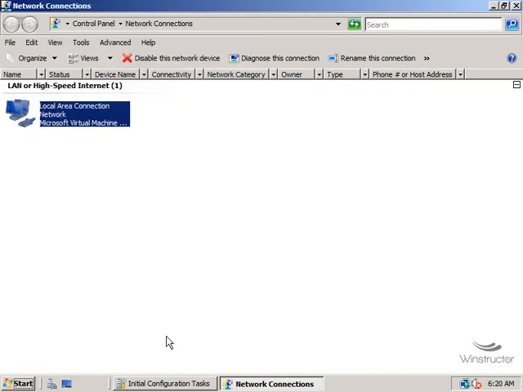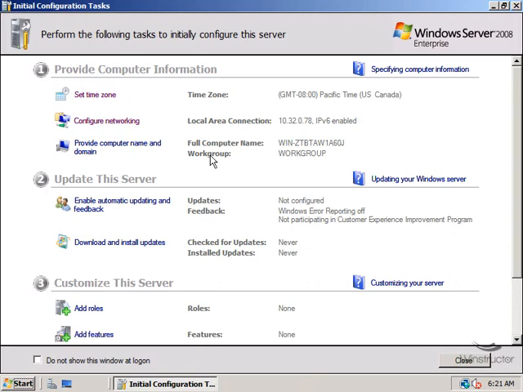And now we can see right down the bottom here that this little icon, the one that looks like two computer monitors, now has a world globe appear over the top of it. And this tells you visually that this server now has an active connection to the internet. And up here for our network interface card, we can see that that's now changed from identifying, and it now says network. Alright, well, we're done here, so we can close this window,